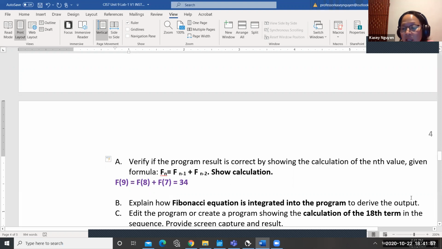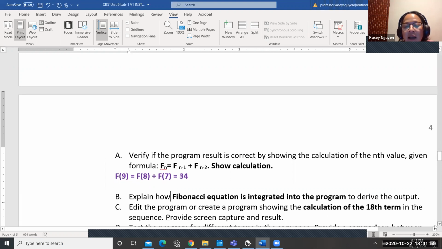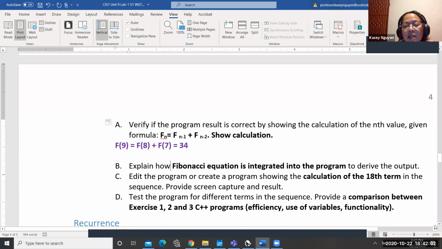And I want you to look at the program and explain to me how Fibonacci sequence is integrated. So we want to take a look at the function, how the loops are incorporated, right? And in this one, you want to mention that it's calculating each of the sequence values from f of 2 going forward, and it placed that inside the index of the array. And so explain how Fibonacci is integrated in the program.